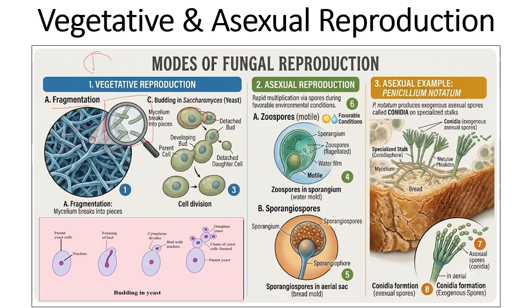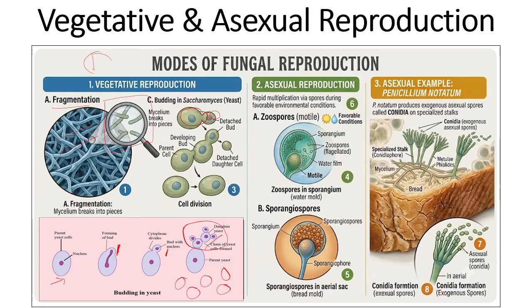A single cell forms another cell around it, and on separation of that bud-like structure from the parent cell, it grows into a new cell. Here you can see a single cell. Then there is a formation of a bud, you can see here. Then that bud extends further. It extends again further, and all these small buds detach from the host cell, and each individual cell can grow into a new cell of yeast.